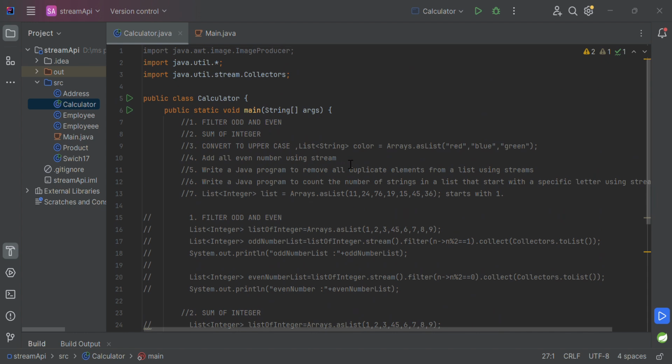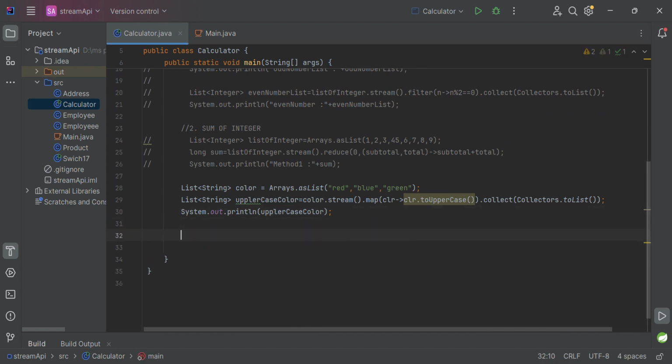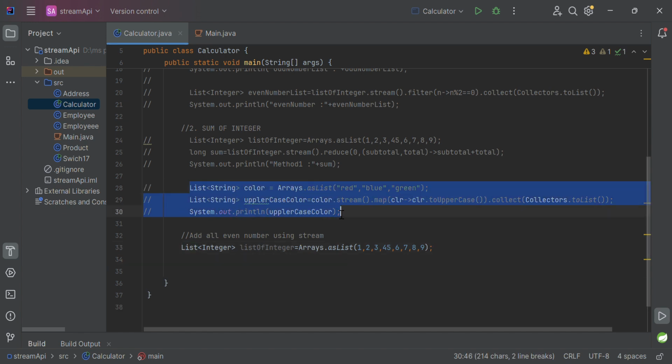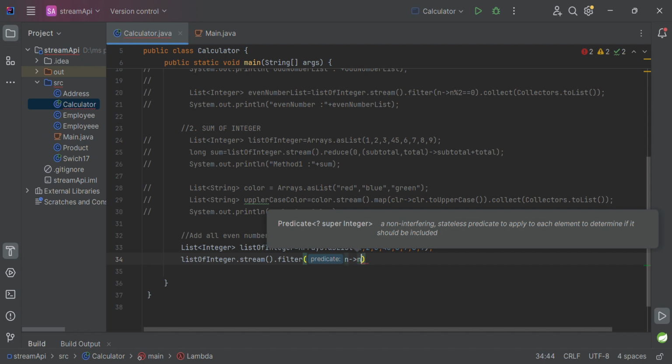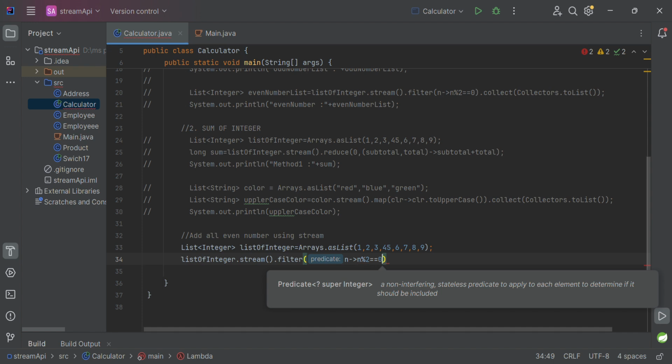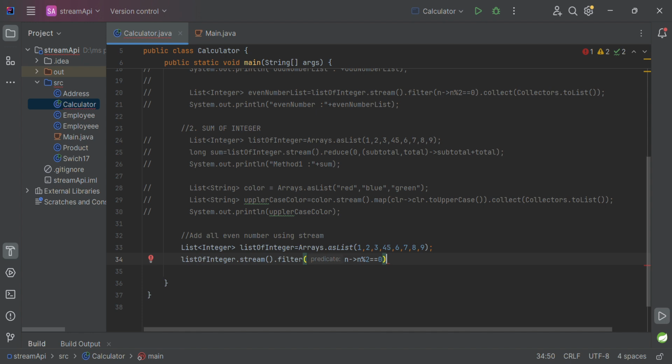So the next question is adding all even number. Okay, so let us take the same question, we need to add all the even number, right? So what we will do, first of all, start streaming first. Streaming dot. Okay, so we need to filter out all the odd, even number n percent 2 equal 0, right? So it got filtered out. So all the even number got filtered out. And what I need to do, I need to add all the numbers. So dot